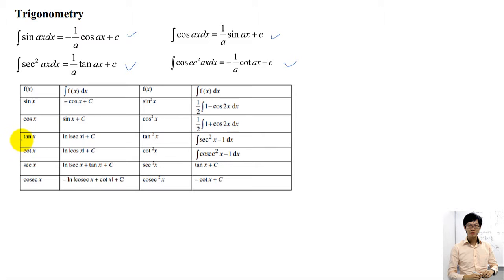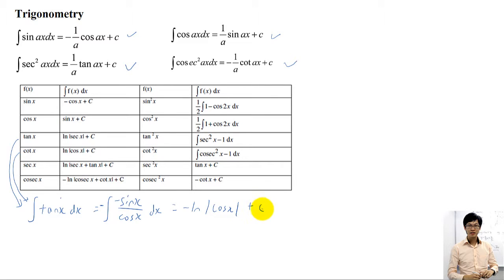For integration of tangent and cotangent, I basically covered them just now, correct? Because you can recall, integrate tangent x is the same as integrate sine x over cosine x. So you can actually apply the standard formula which you learned in the first video. Integrate sine over cosine, you divide cosine, you get minus sine. So the answer will be, you put the minus sign outside, minus ln modulus cosine x